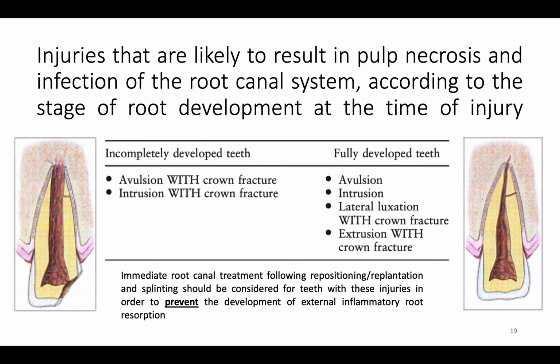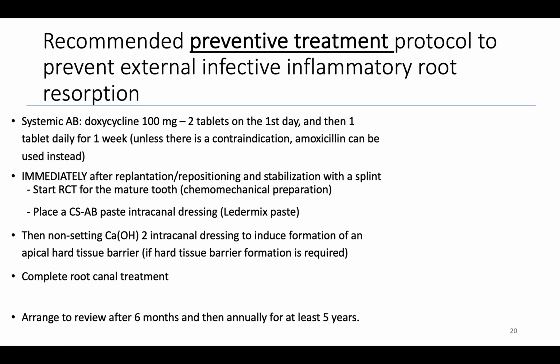The immediate management, I'm sure you know by now, will be repositioning of the tooth, splinting, and starting a root canal treatment. So to prevent this condition from happening, we need to replant the tooth, reposition it and stabilize it with a flexible splint. We need to give antibiotic coverage for the patient to reduce the chances of resorption, and doxycycline is